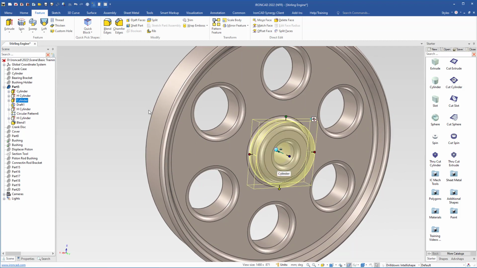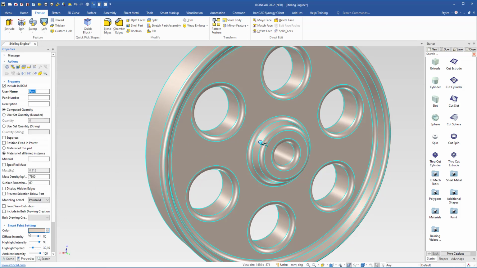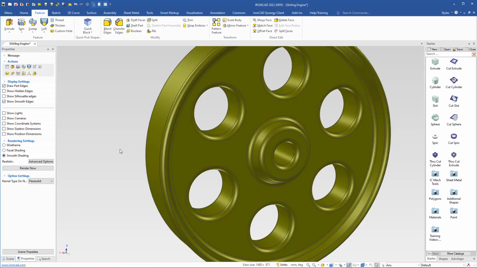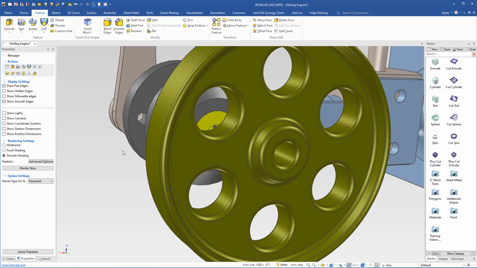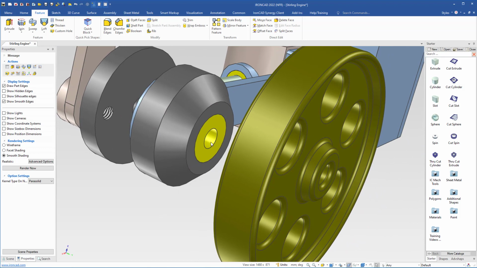Now we select the flywheel at part level, and we go to the properties, and we will change the name to flywheel and hit enter. Copy the name and paste it here in description, and the part number will be 108. Hit enter, and we will change the color to this color, and then we will bring back all the hidden parts. We will use shift space like so,